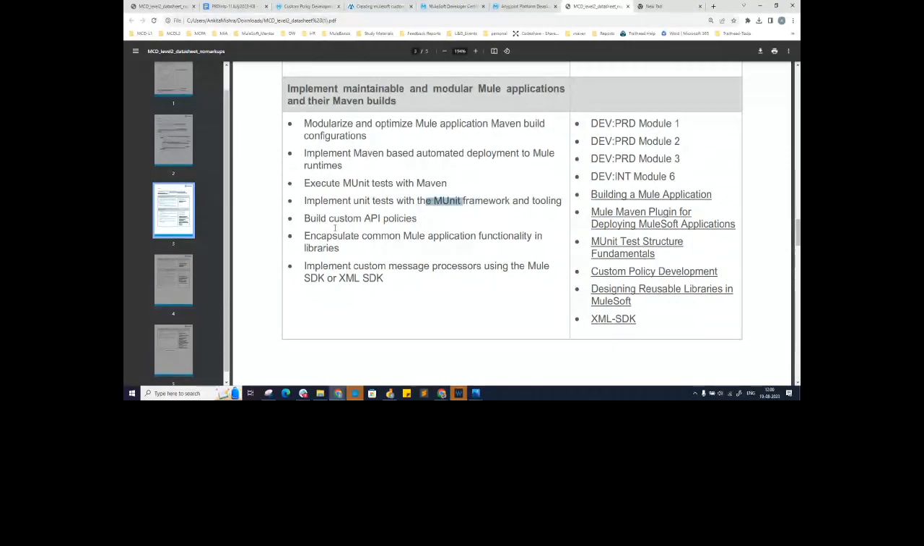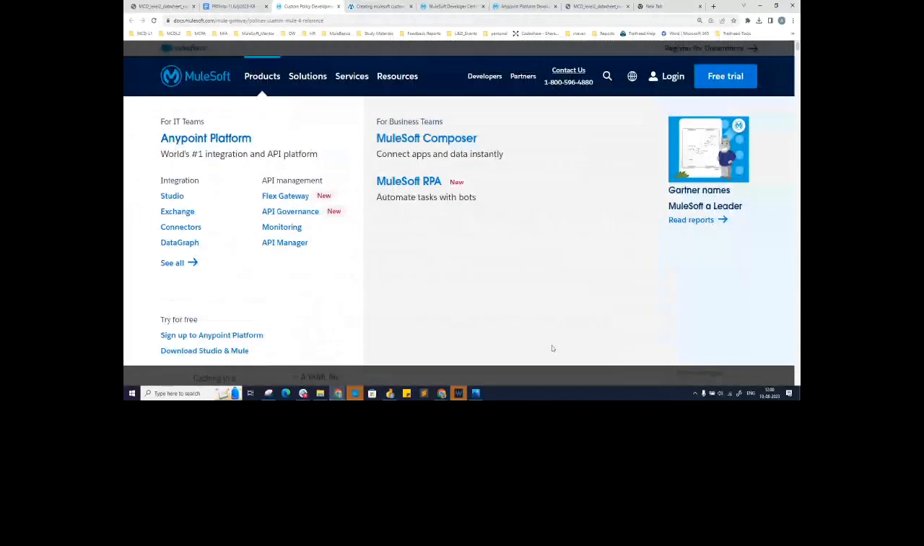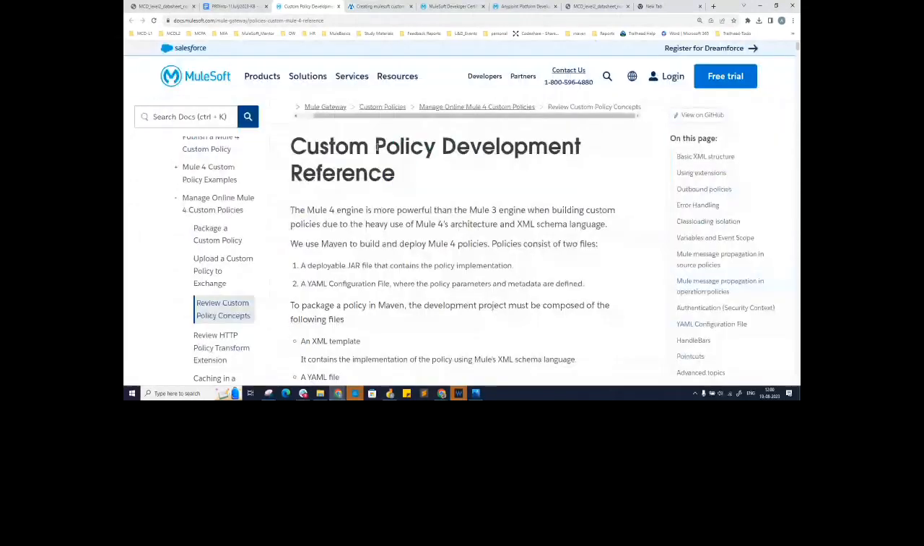Okay. Next is building custom API policies. To build custom API policies, I'll quickly share one link. Again, the link is already provided to you under docs.mulesoft.com, on how the custom policies are created. Just like whenever we have to apply NFRs on our Mule applications, you already have out of the box policies, right? But sometimes, for the sake of client requirement or project requirement, we might need to develop our